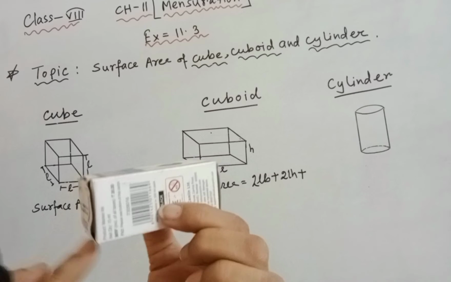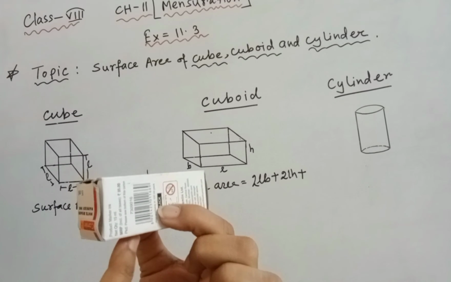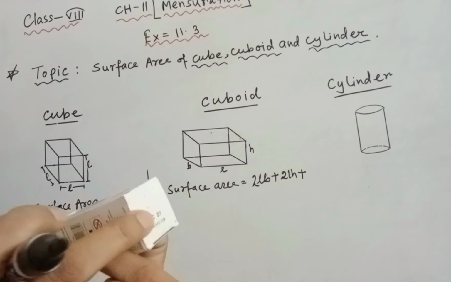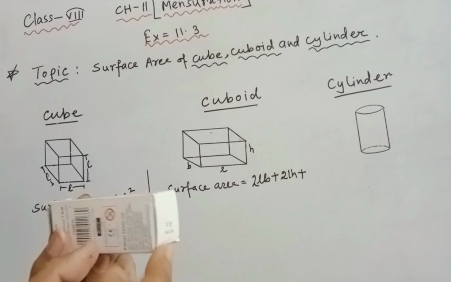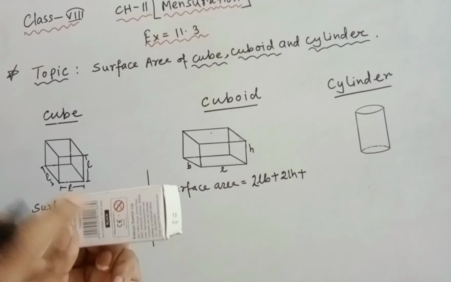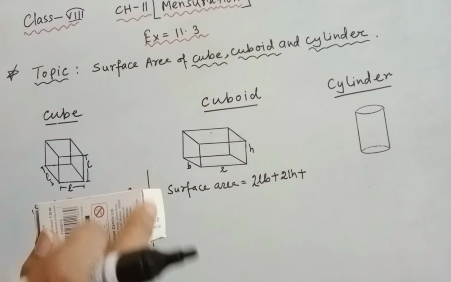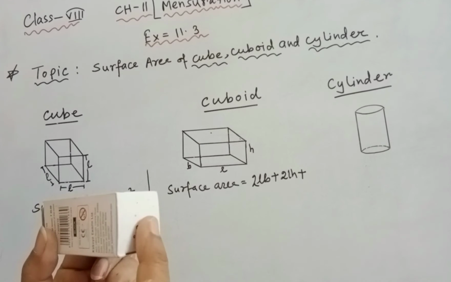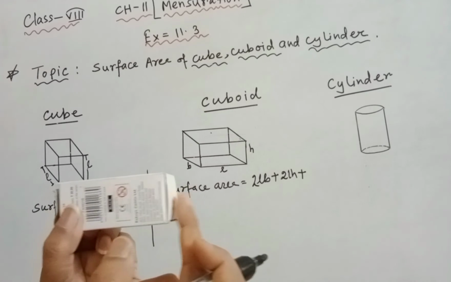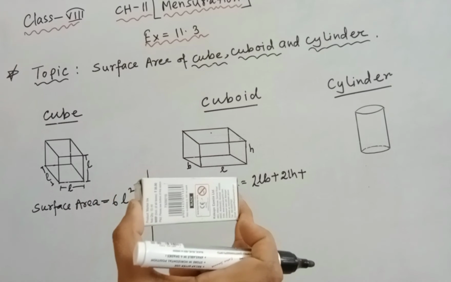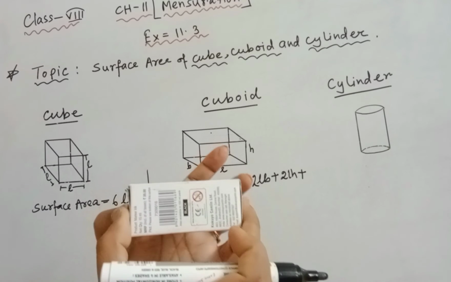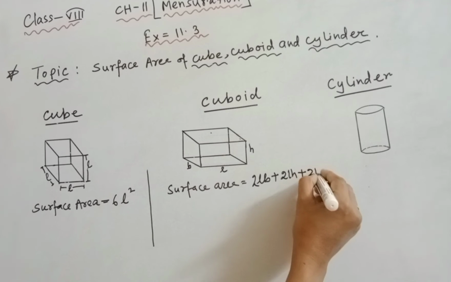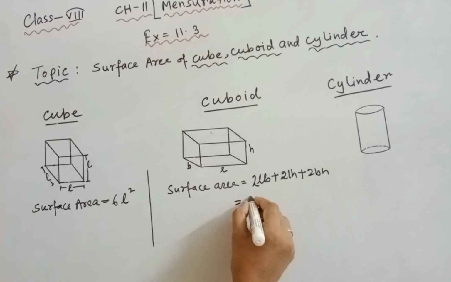plus. Now we have found roof and bottom, front and back. Now this portion and this portion: in our cuboid we have taken this one as breadth and this one as H, so the area of this portion will be B into H. This one also is B into H. Left hand side and right hand side both are B into H. So 2BH.